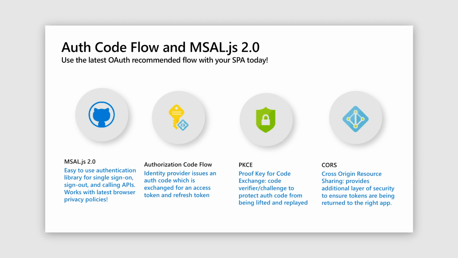The latest version of the Microsoft Authentication library for JavaScript will easily allow your application to take advantage of the authorization code flow and call the Microsoft Graph API or your own API. I'm going to show you a quick demonstration of just how easy it is to get started with the Microsoft Authentication library for JavaScript and get a single-page application up and running in just 1 minute using the authorization code